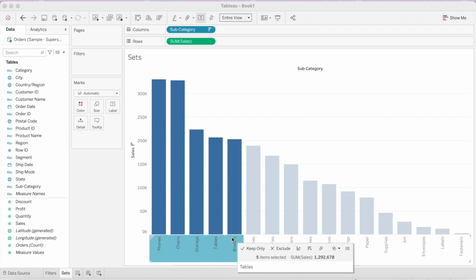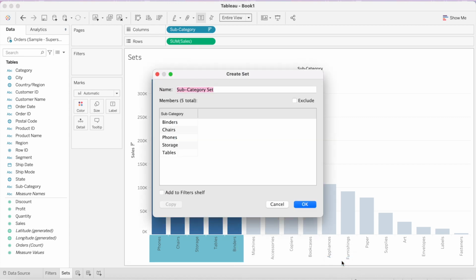Once we do that, we see that a pop-up window appears wherein you can see an icon like a Venn diagram. You click onto that and it asks you whether you want to create a set. If you select create set, a dialog box would appear which shows you the subcategories or the options that you have already selected for your set.